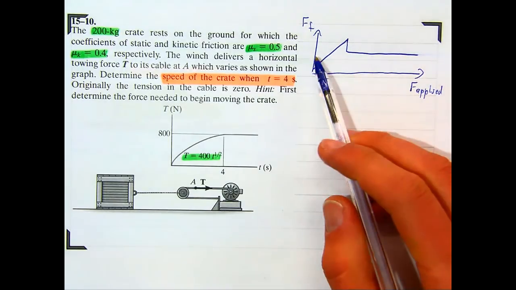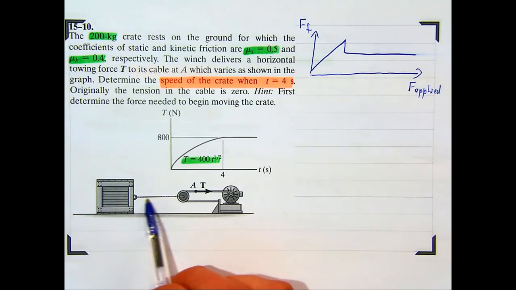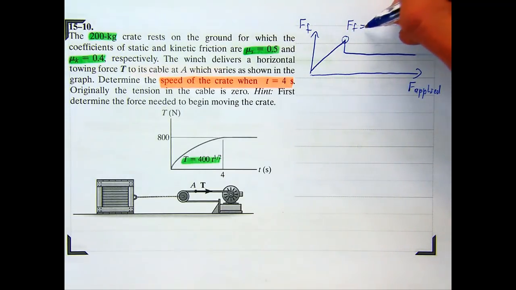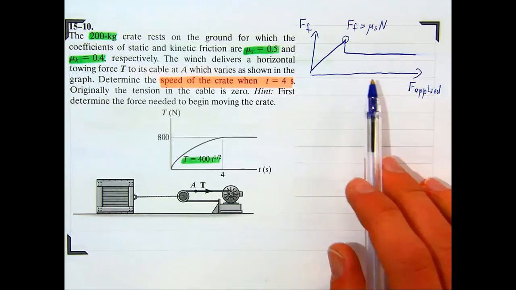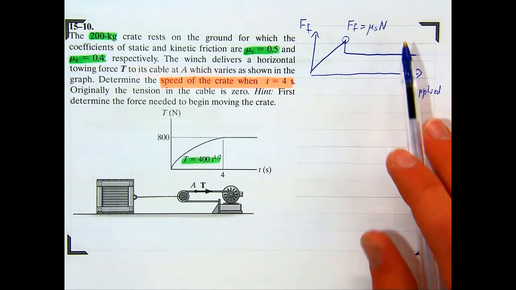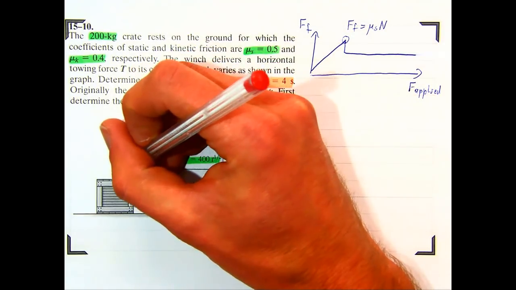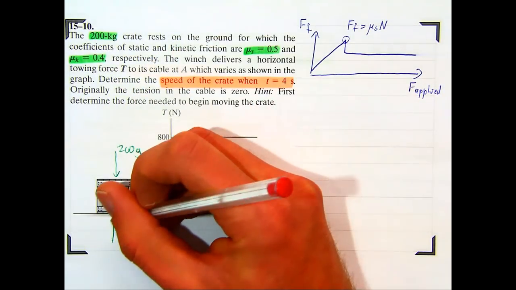And on the y-axis you've got the friction force, on the x-axis you've got the applied force, which is acting in this cable. And when this crate is on the verge of slipping, then it would be operating at that point, for which the friction force is equal to mu s times N. So we need to first figure out the normal force, which we get by summing the forces in the y direction. The forces on this free body diagram would be the weight, 200 kilograms times 9.81,